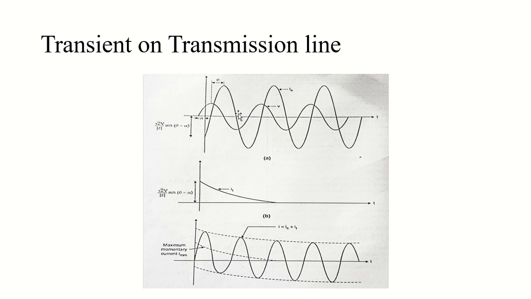Okay, and this one is my transient part. So what is happening in this part? It is v max by z sine alpha minus theta e raised to